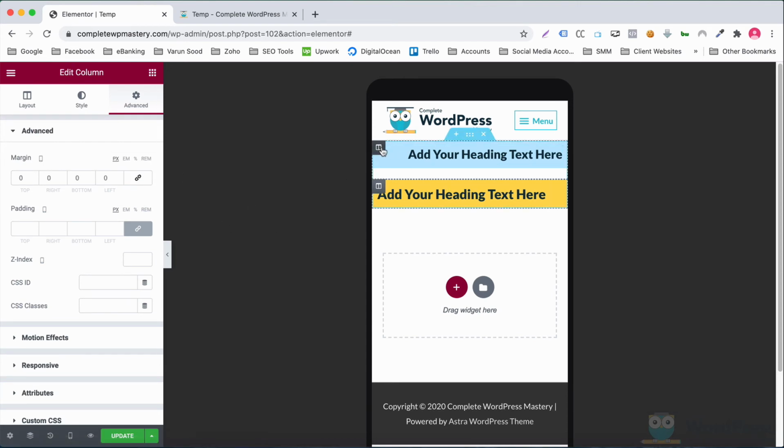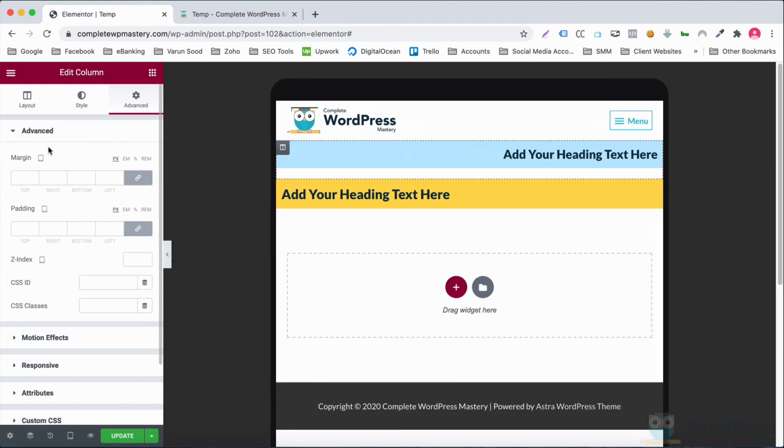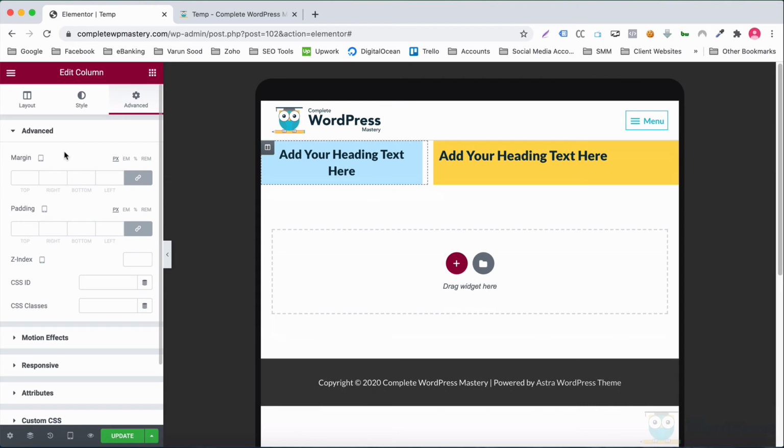If you look at the first column carefully, we have specified margins for the mobile view. The margin fields are empty for the tablet view, but there is a 10 pixel margin as you can see on the right. This is because the margin values for tablet view are being inherited from the desktop view.